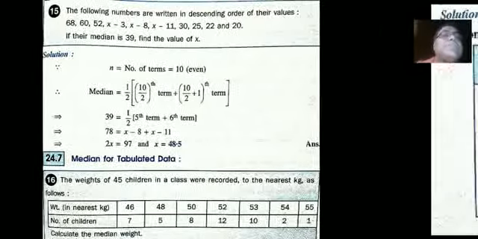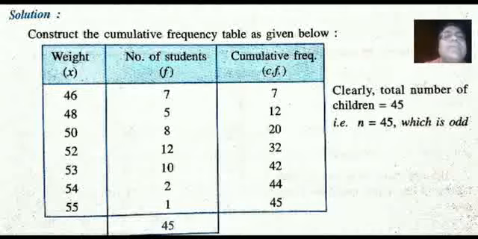Next is when data is in tabulated form. Tabulated in the sense that here data is given with its frequency, so it becomes a table. In such cases, how to find out the median? See the next slide. Here first the data is given, then the frequency. From this find the cumulative frequency. Cumulative frequency is the sum of the cumulated values of the frequency table given. See, look at how to find this one.